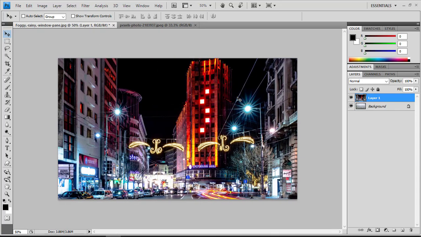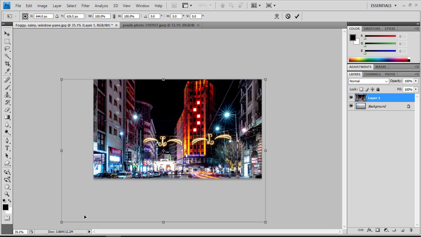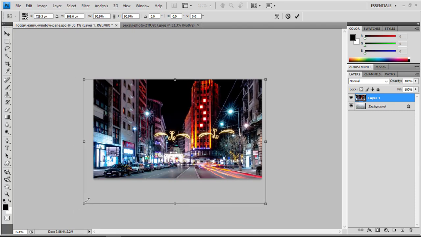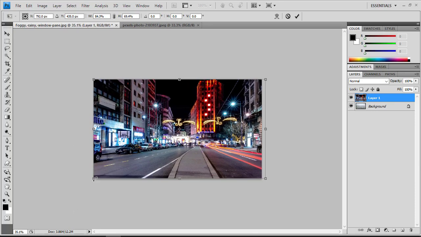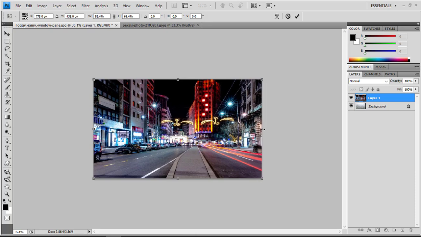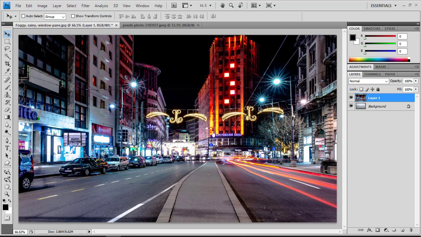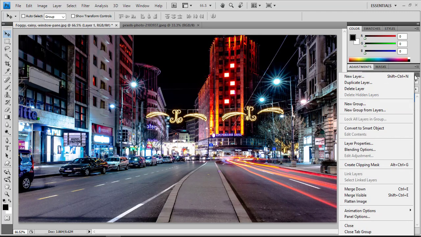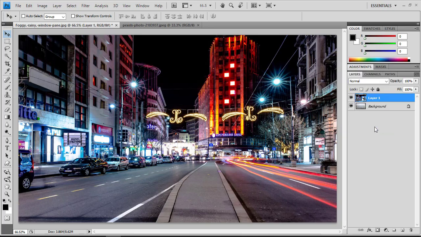It does not fit, so press Ctrl T from the keyboard and press Ctrl 0 from the keyboard again to fit this. When it fits, press Enter from the keyboard, and now again press Ctrl 0 from the keyboard to resize this. Now click here, Convert to Smart Object,